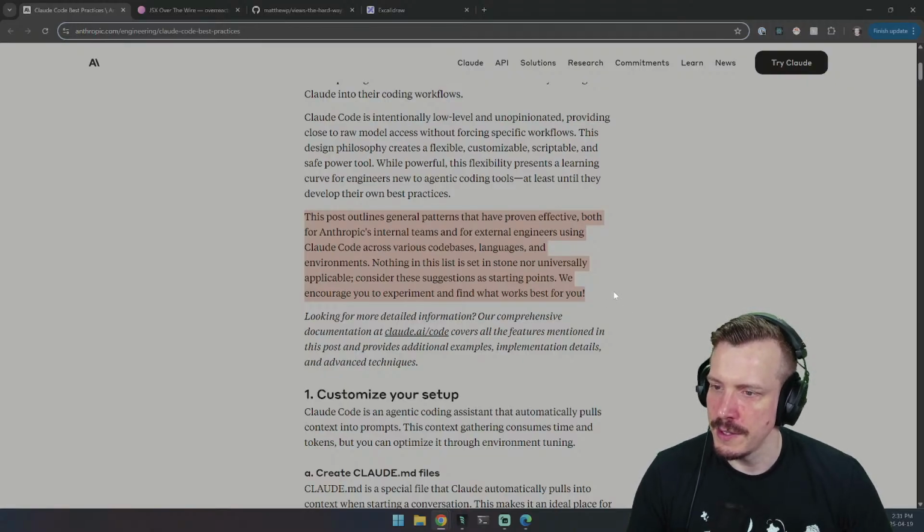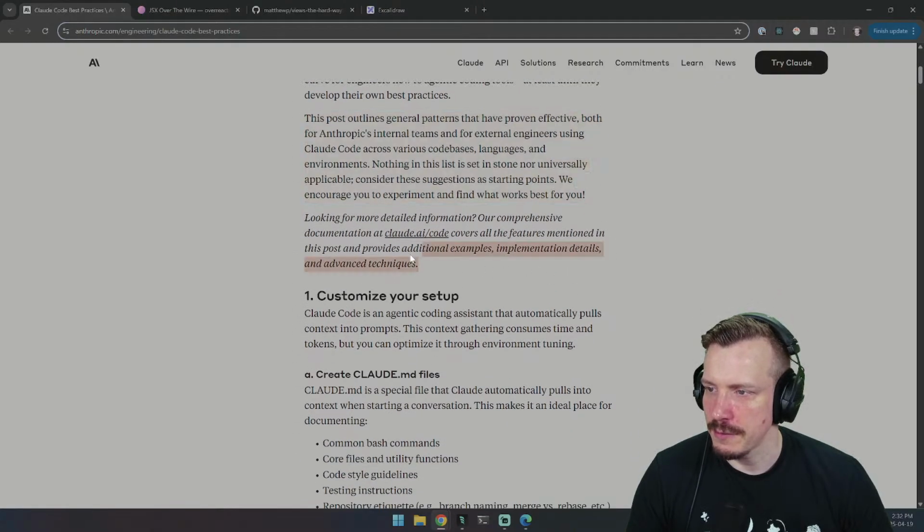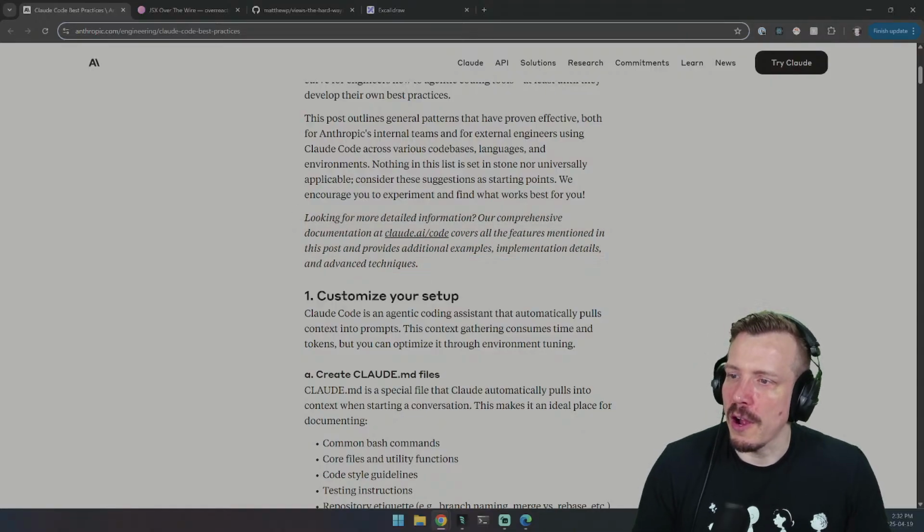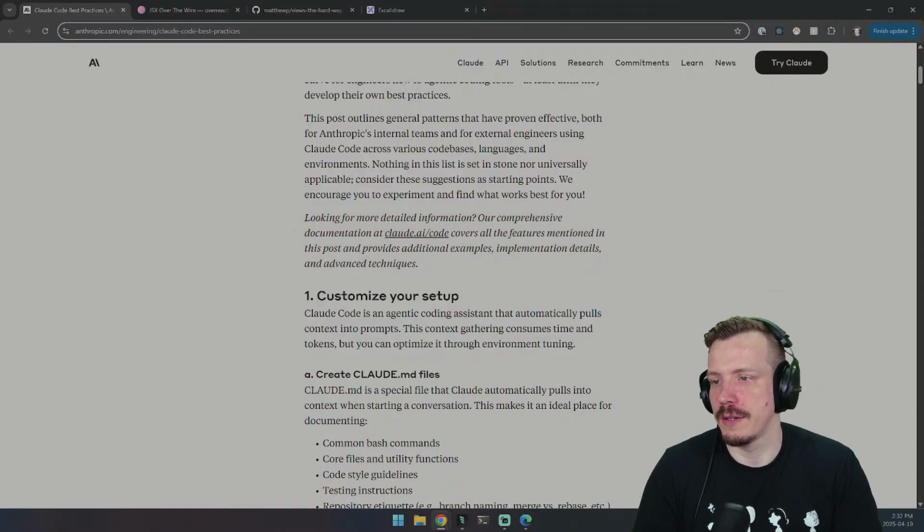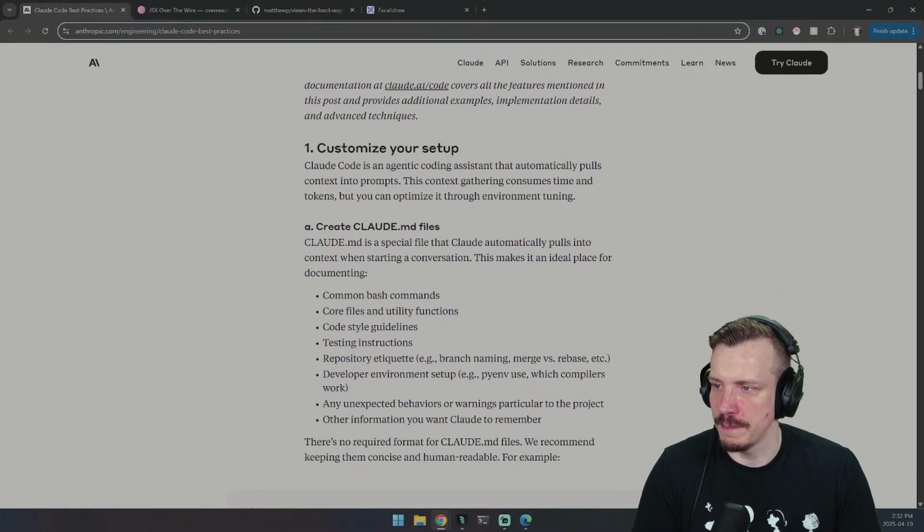Nothing in this list is set in stone nor universally applicable. Consider these suggestions as starting points. We encourage you to experiment and find out what works best for you. Looking for more detailed information? Our comprehensive documentation at claude.ai/code covers all the features mentioned in this post and provides additional examples, implementation details, and advanced techniques. Okay, so